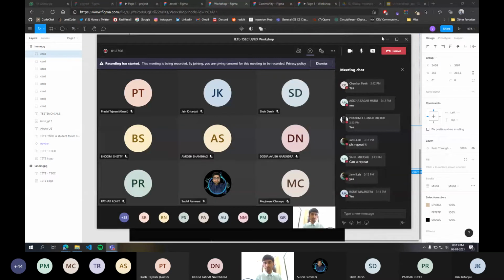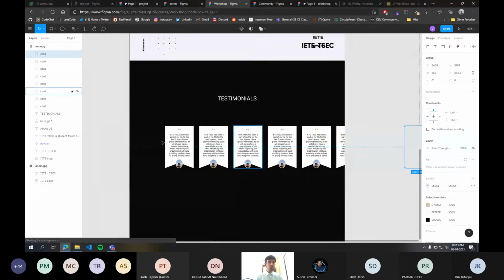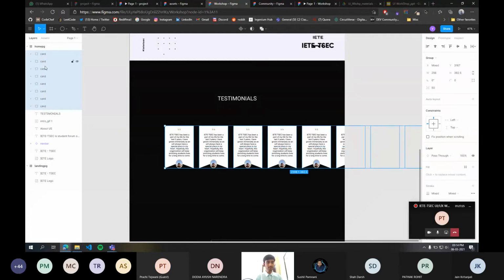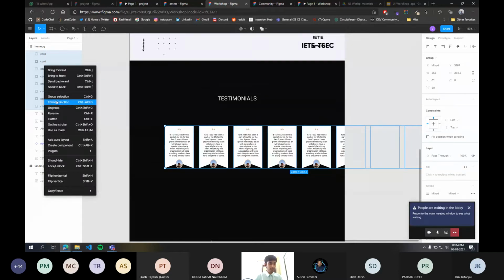Okay, cool. So now, after these cards are duplicated, we want to put them into a scrollable frame. What we will do from this layers tab is select all of the cards. Okay, we have selected all of our scrollable cards, and then we right click on this selected part and press frame selection.